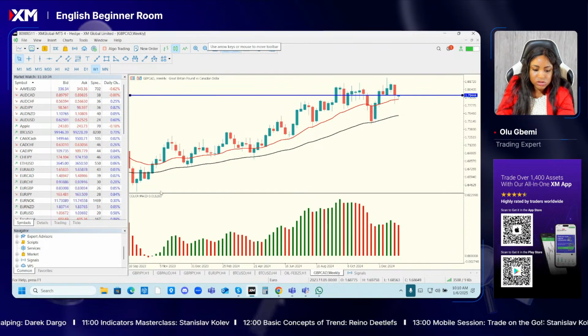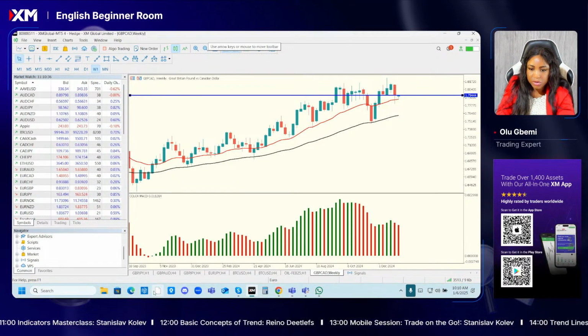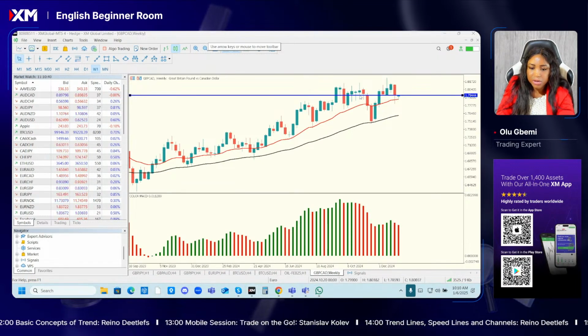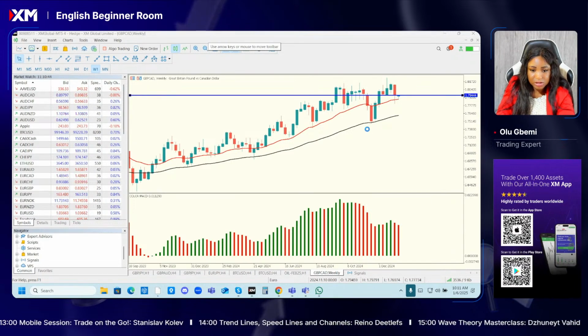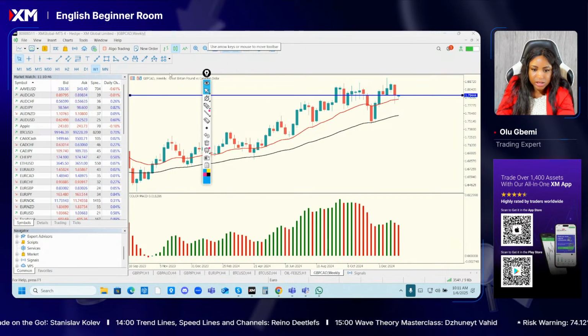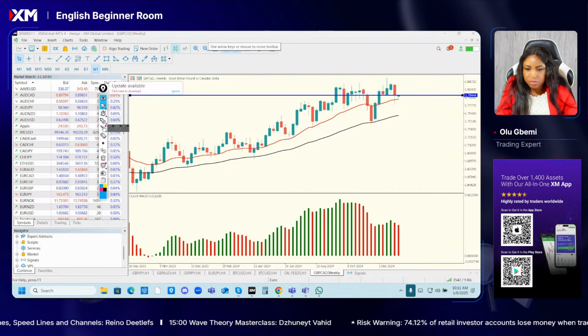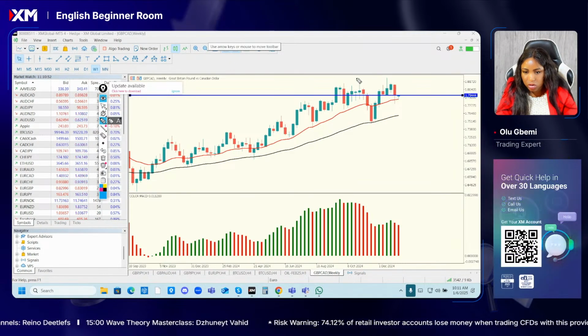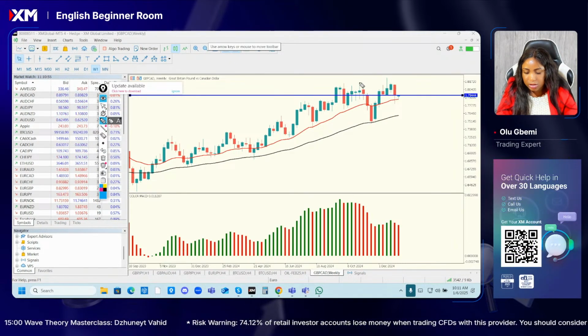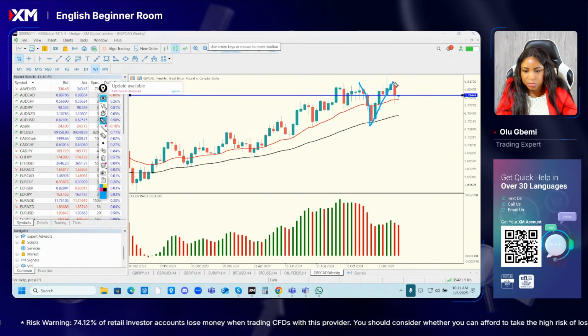There. I can also see a V pattern. The price had formed like a V pattern. What kind of pattern is a V pattern? It's a bullish pattern because a lot of the time, if you see it like this, price had retraced to the 50 moving average when it got all the way up here. And then immediately it also pushed all the way back to where it was coming from.